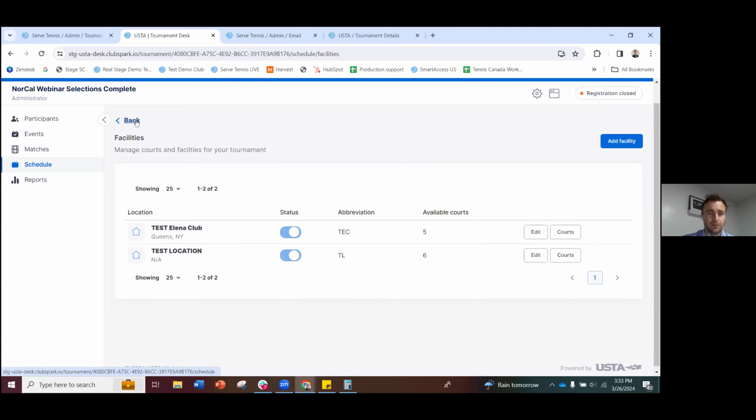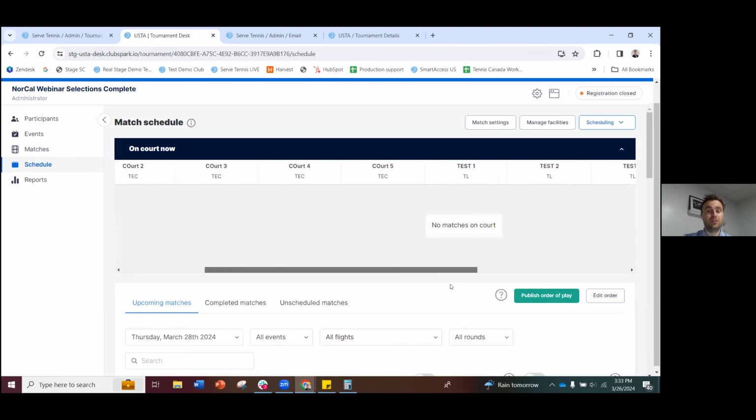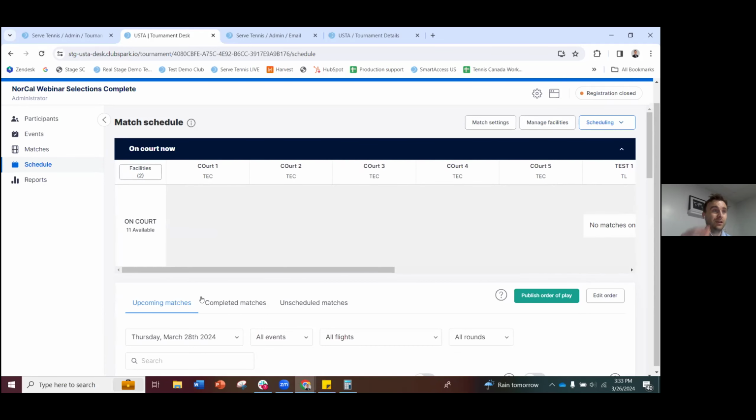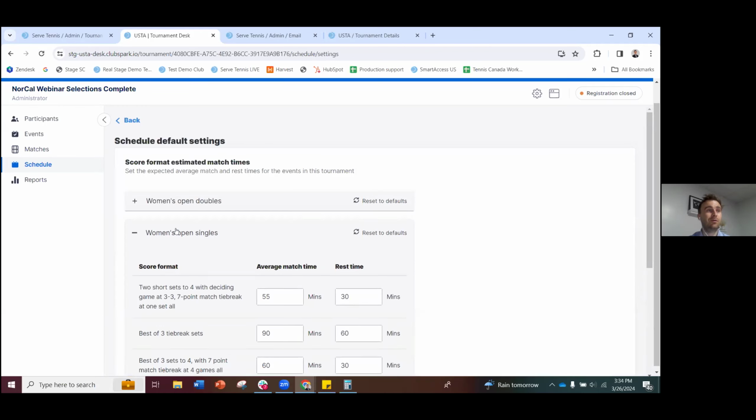So we come back a couple of steps, and because we've told the system we've got courts, it's now giving us this court slider. So in theory, when we get to scheduling matches, we can drop these matches on individual courts. One thing to do before you go ahead and run the auto scheduler is come along to match settings. Match settings is basically a pre-check to tell you what the system's going to use to calculate match times